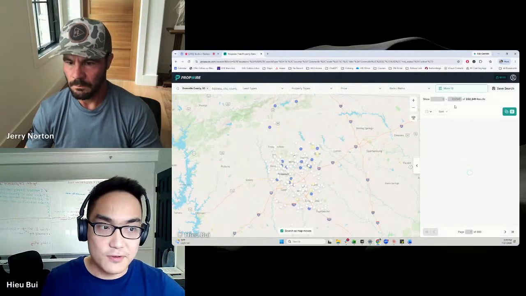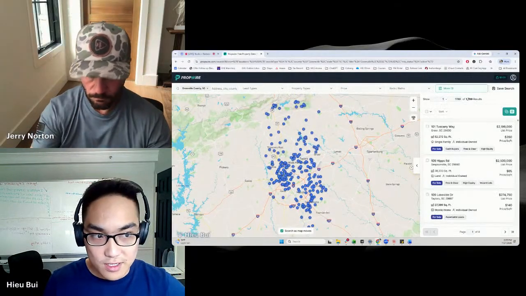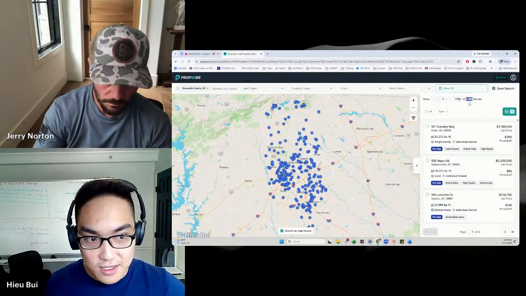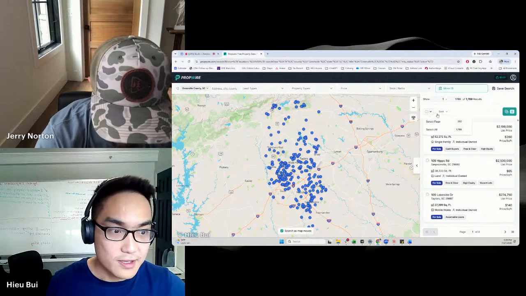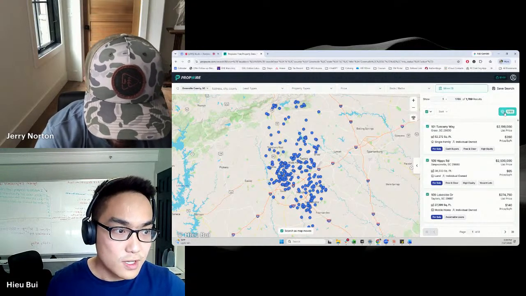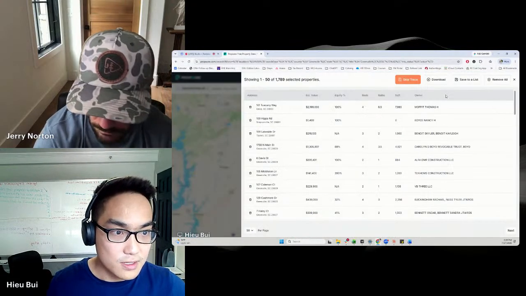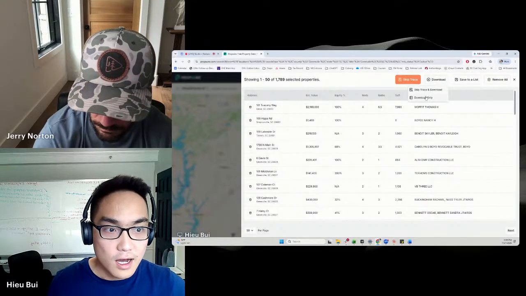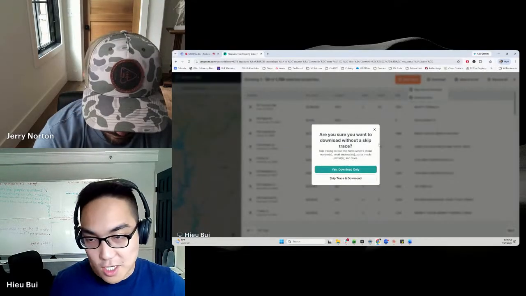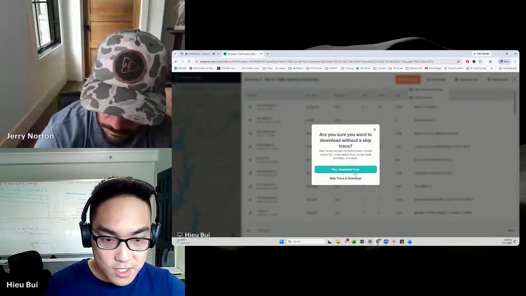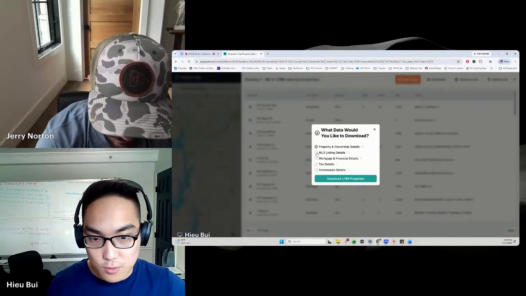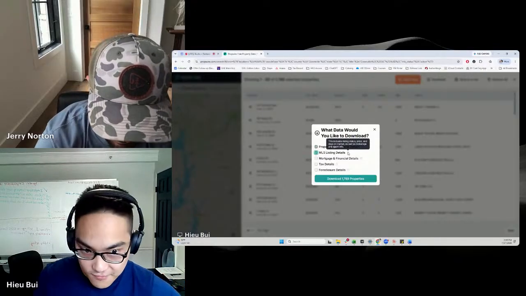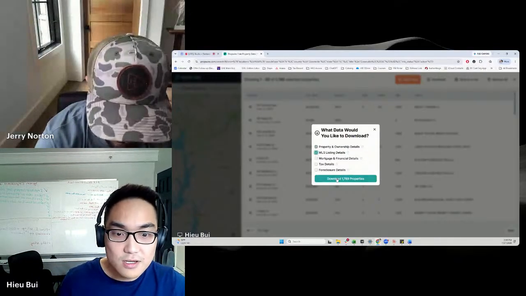So if I have this filter, then it's going to narrow down my list to 1789, right? So what you can do from here is this is the magic. You click here, you click select all. You can go to download. You don't need to skip trace because we're not talking to the owner. We're talking to an agent. So you can just select download only and make sure that you turn this on. For you to receive the agent information, you have to click this on.